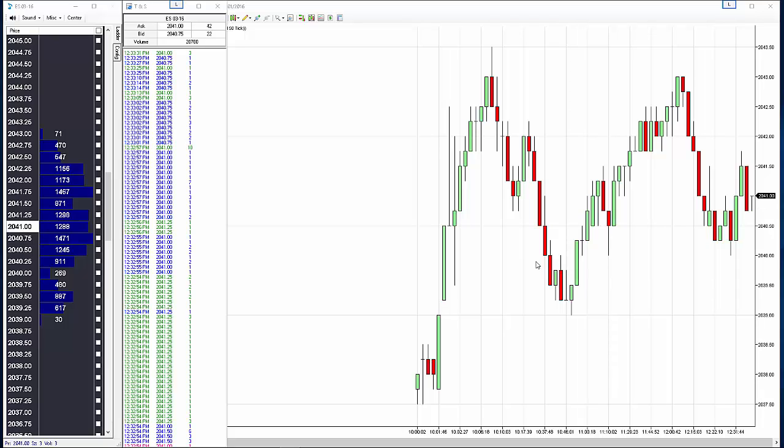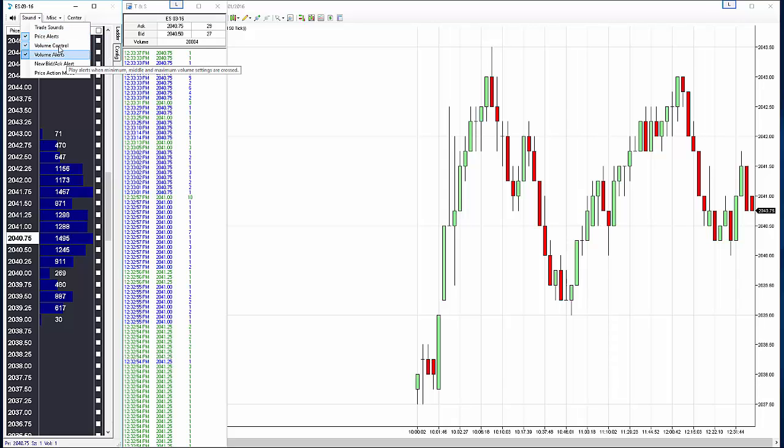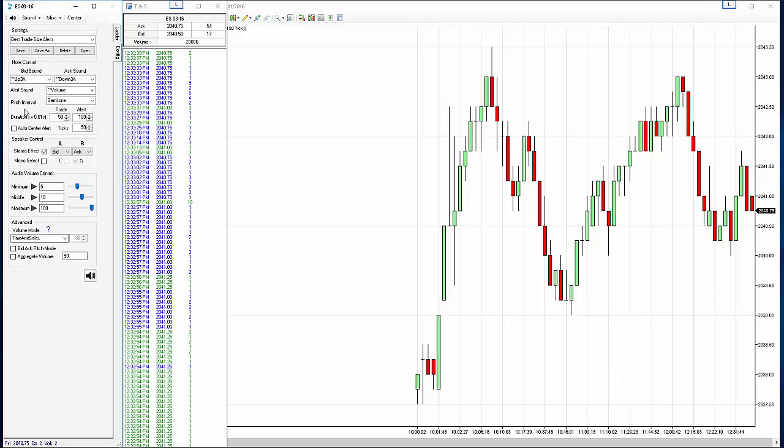The latest release of PriceSquawk introduces volume alerts. You may be familiar with PriceSquawk Volume Control already, which enables you to hear the amount of volume flowing in a market through the loudness of trade sounds. You would generally configure the minimum, middle and maximum volume settings to filter out trade sounds below the minimum volume